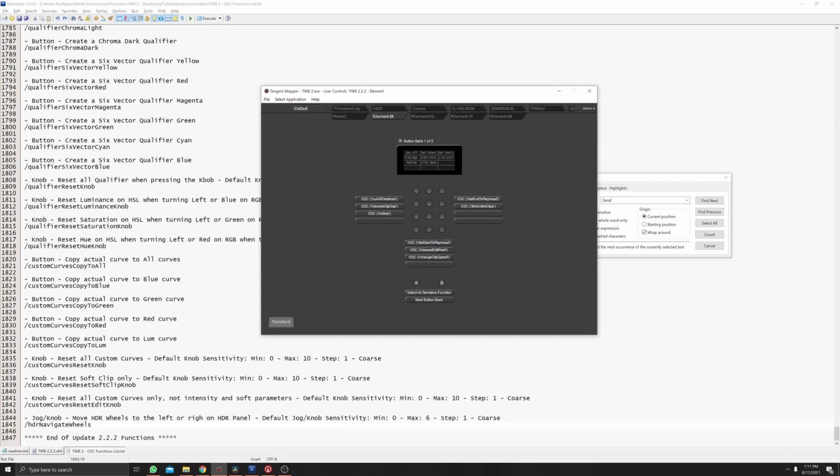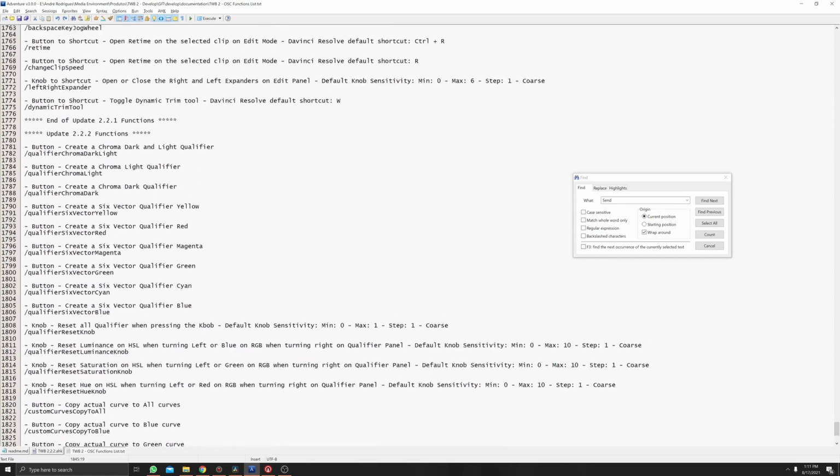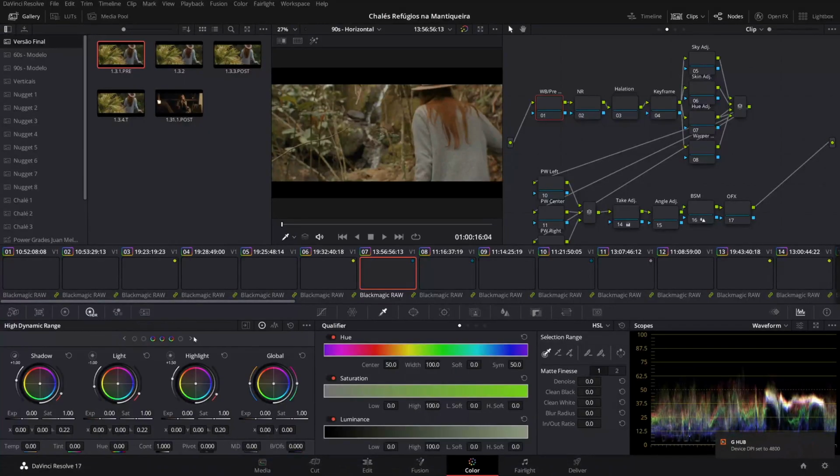Alright, let's see what are the news. On the TWB-OSC functions documentation, you're gonna see new functions for the version 2.2.2. So we have this new function here, which permits you to use a knob to navigate left and right on these tools here.